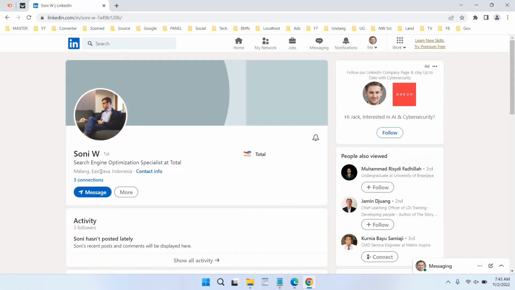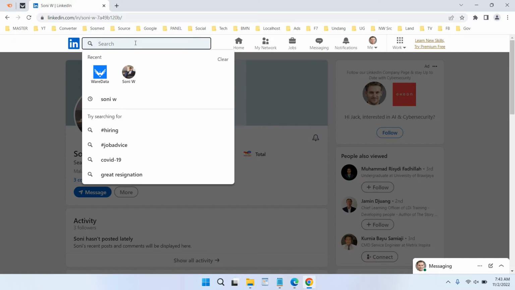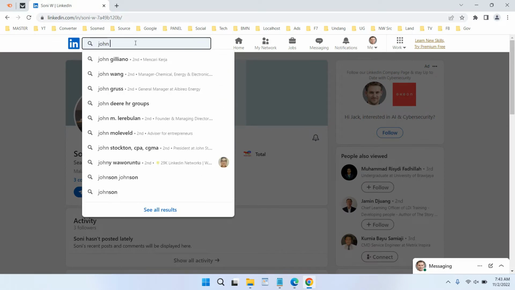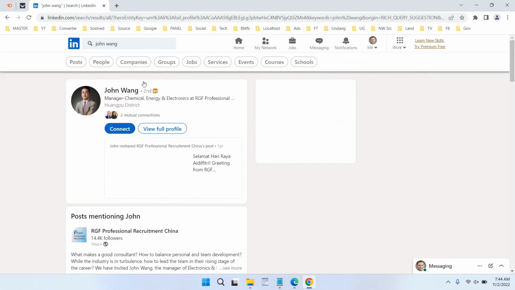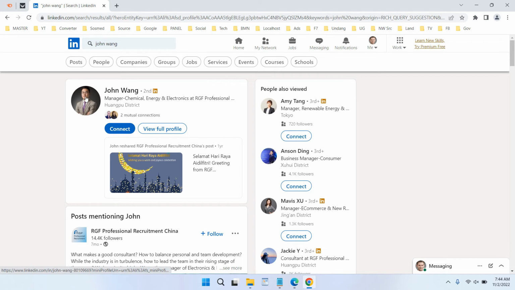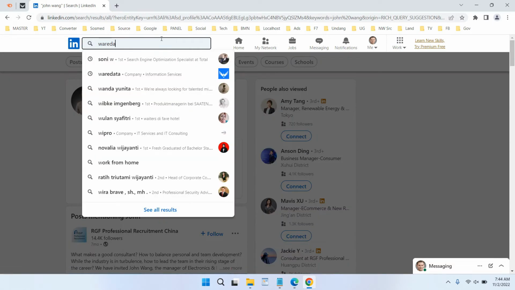Okay, and I already have a connection with this one. And if you don't connect with the people that you want to invite as admin, you can just find the person via this search bar. For example, you can find the person and make a connection, and after this person accepts your connection, you can find your company,